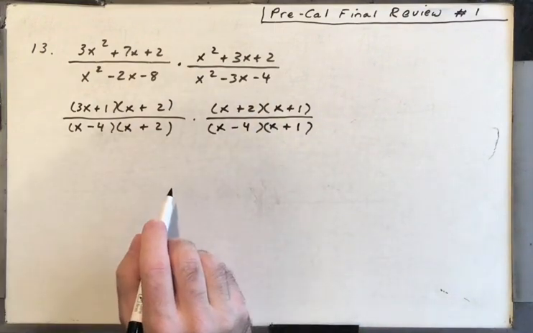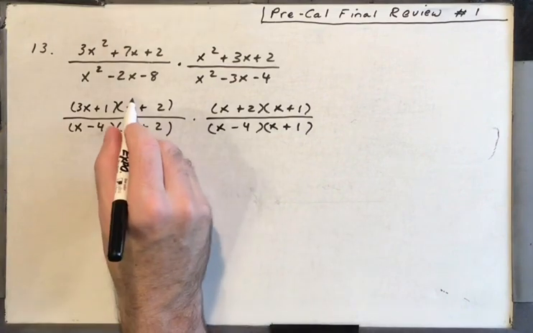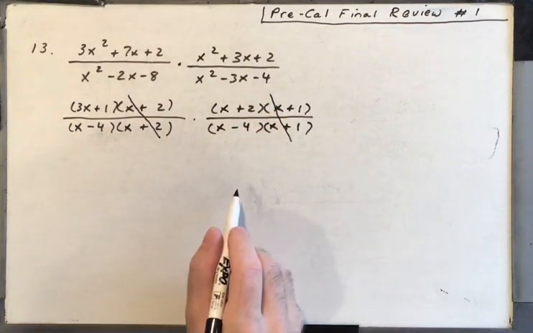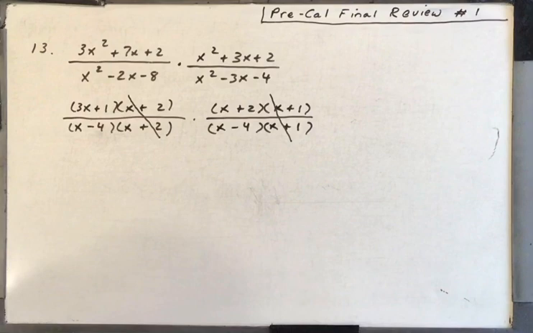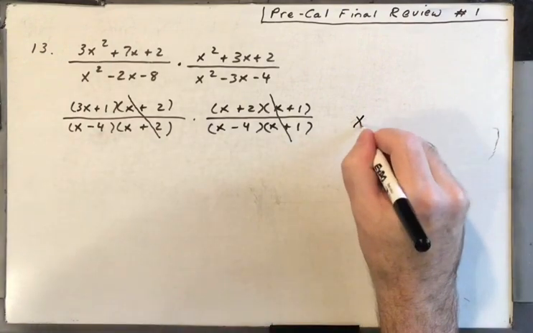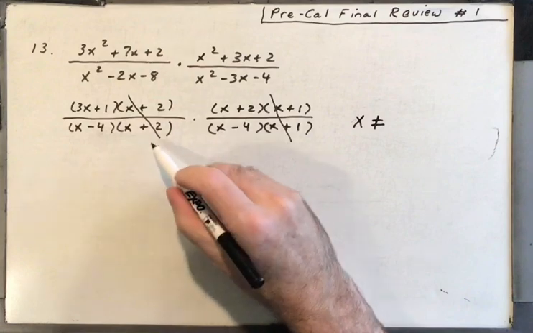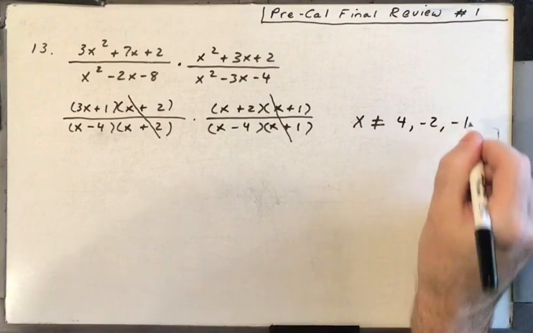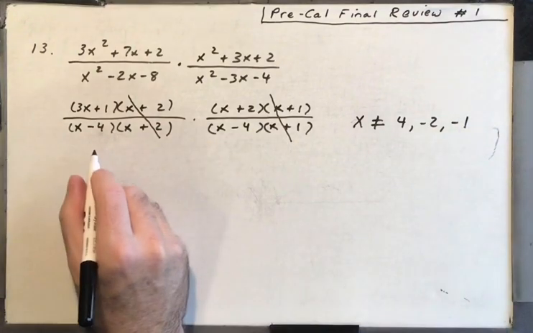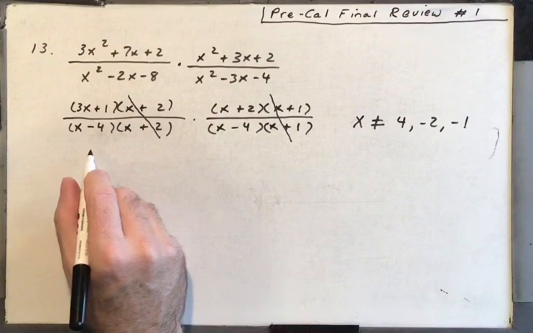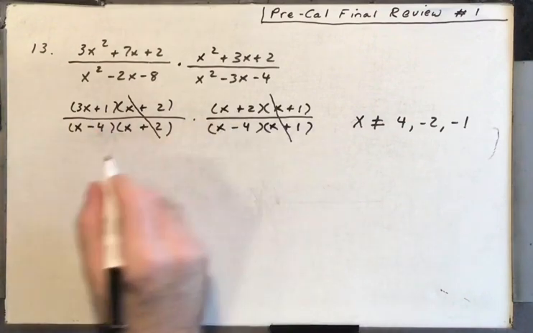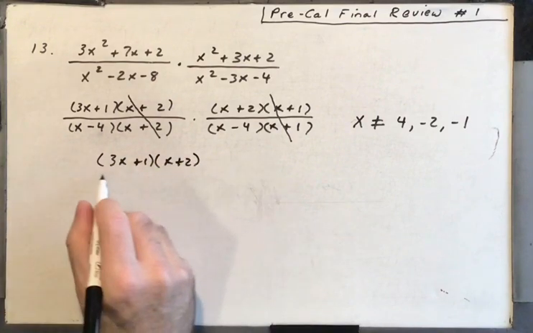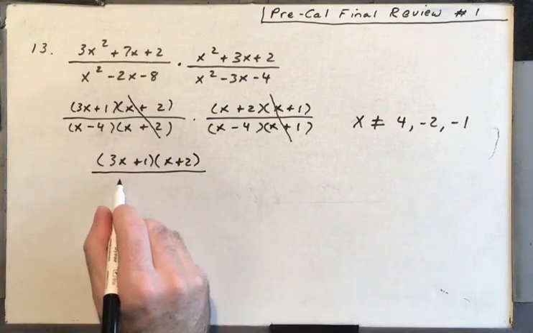Oh goodness, we got cancellation going right here. Okay, so if I ask for the domain restriction, x could not be, and I might not on this, 4, negative 2, and negative 1. Because those three numbers would make the denominator 0. So what's left here is 3x plus 1 times x plus 2 on top. And on bottom we would have x minus 4